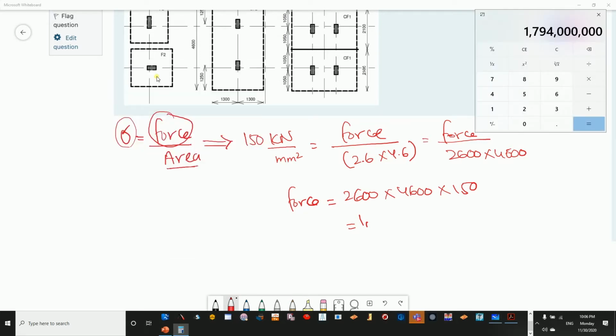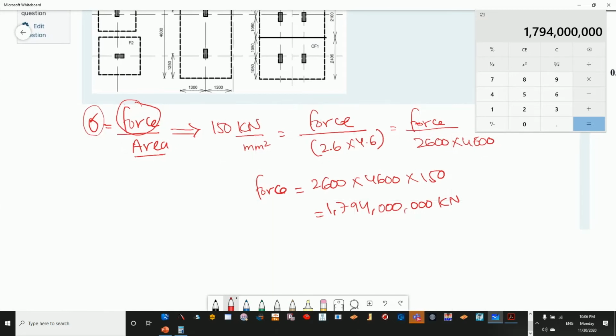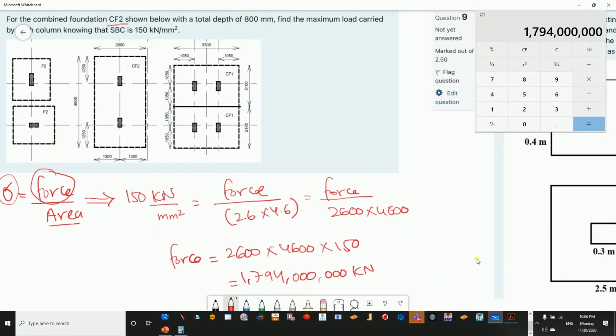Okay, which will give you 1,794.6 kilonewton. Now if you want to be more precise,